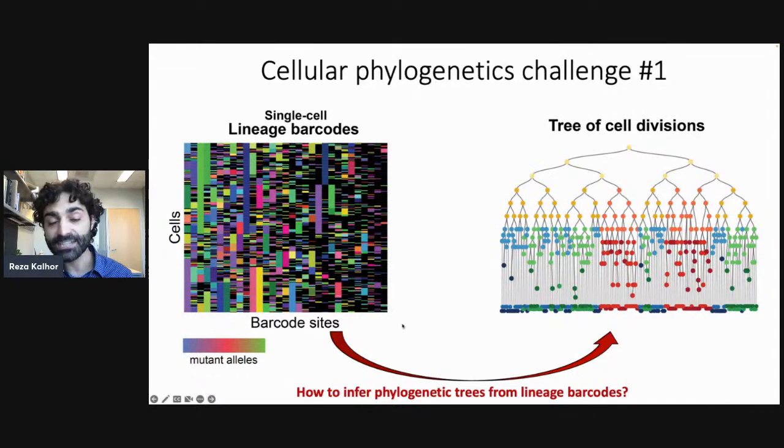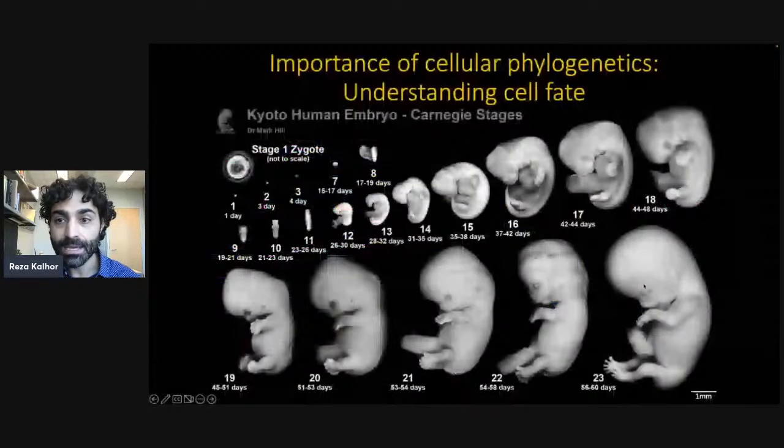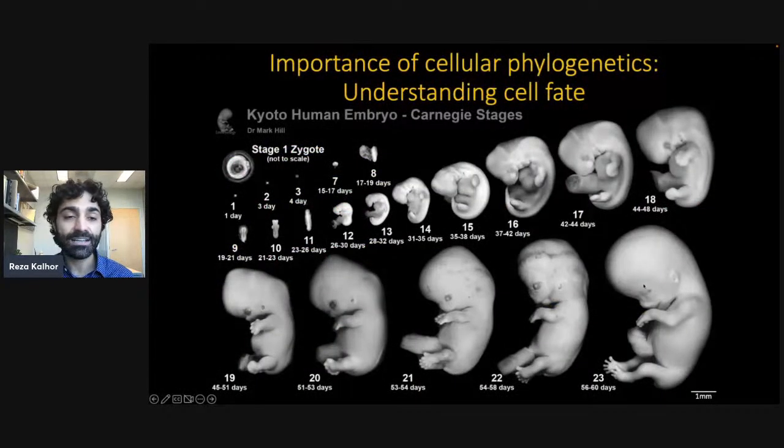While it has a lot of similarities to evolutionary phylogenetics, it also has distinctions. These tend to be a complex set of mutations because some of these barcoding sites are very complex and work in interesting ways, and the patterns of mutations they create are not necessarily like the classic point mutations that you might be used to. But you might also ask, why should we infer phylogenetic trees? How is that useful? And the answer to that question is that cell phylogeny is useful because of the ways